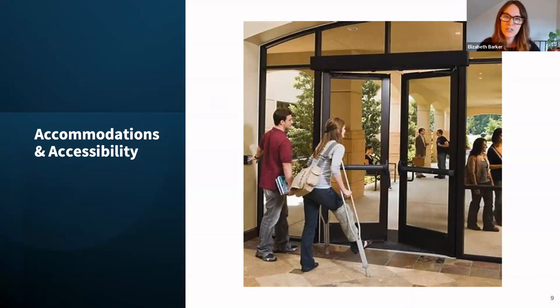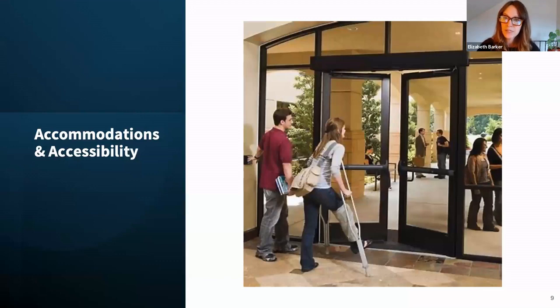I selected this picture to be a representation of the difference between accommodations and accessibility. So accommodations, which is typically what we're always seeing. What accommodations does the assessment have? What accommodations can I give on this assessment? What is the accommodation policy for the state level assessments? And what we really want, and what shows so lovely in this picture, is we want the house, we want the building to be built with accessibility. So what this picture shows, with that automatic door opener and the doors being wide enough for anybody to enter through,